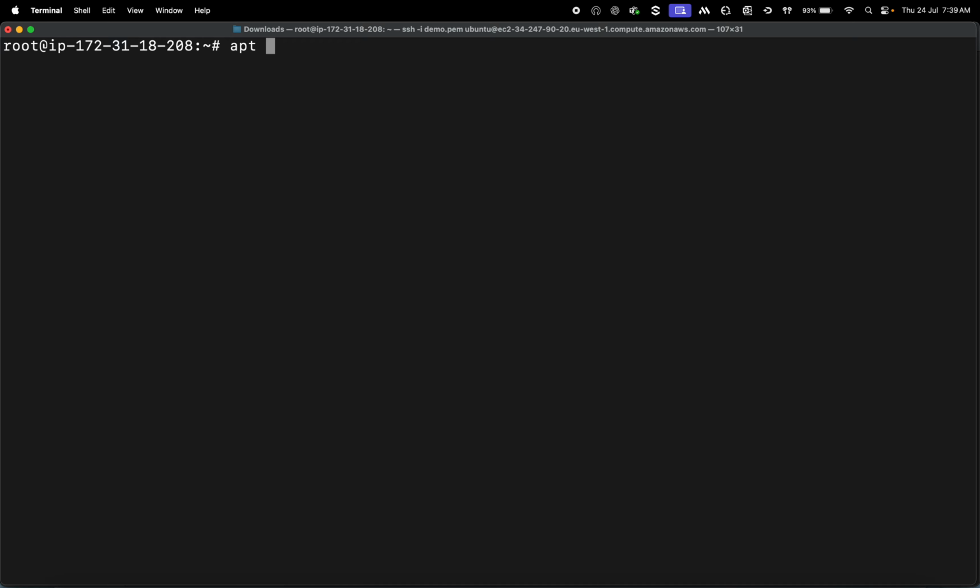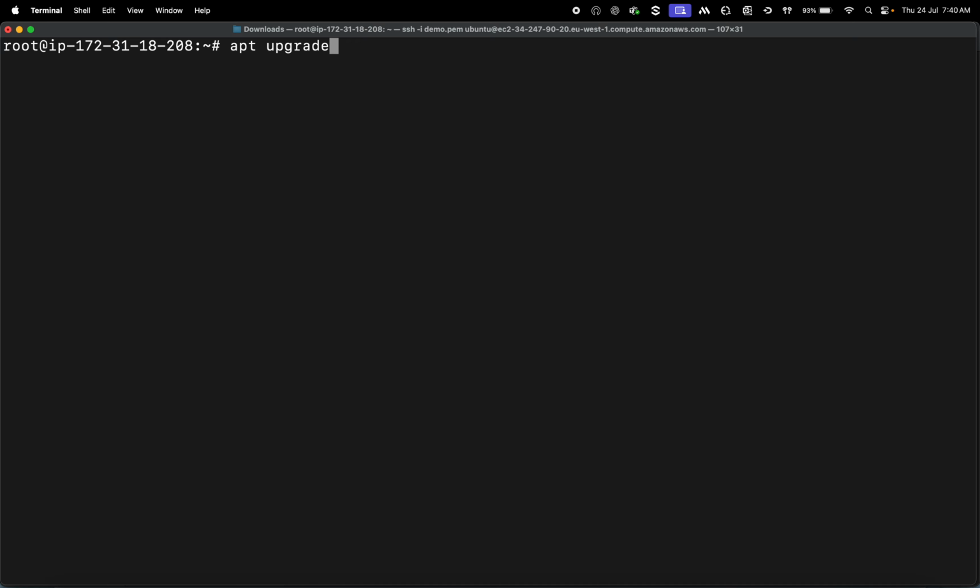If you want to update something, or upgrade all the packages within the system, we don't know what's inside the system so far, because there will be lots of system packages which got installed by default when we created this server. Even though we don't use them, the system may use them. So the first command is apt upgrade,